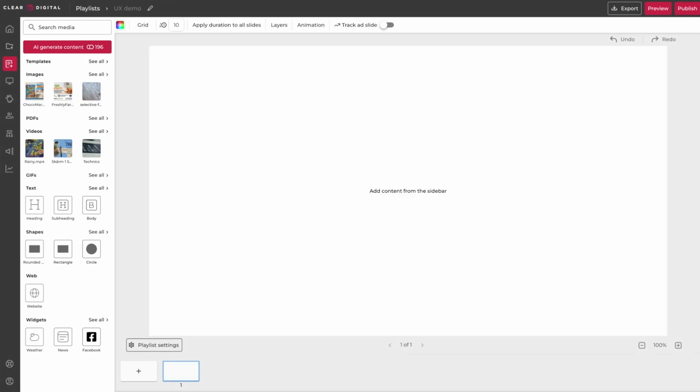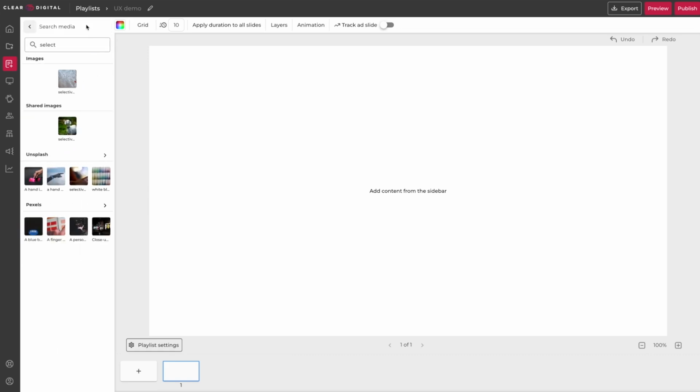A big area where we have worked on UX improvements is around dealing with image search results in the sidebar. So for example, if I go ahead and search here for the word select, you're going to see I'm going to find things, and now they are actually divided up by categories. You can see these are images, here are shared images, and I have some image search results from stock file services. The other part of this that we have fixed is that if you click on one of these and you add it to the slide,